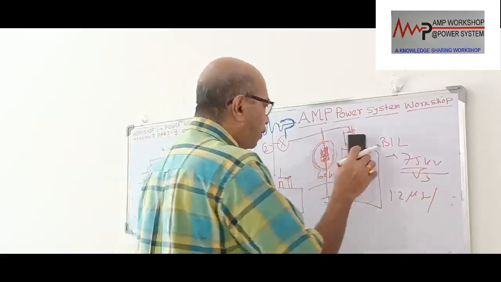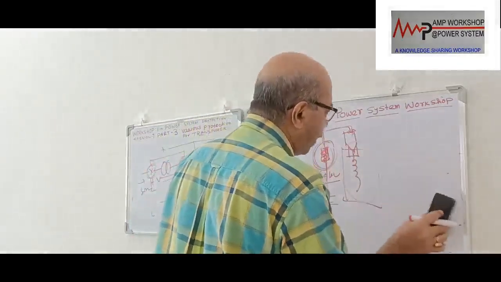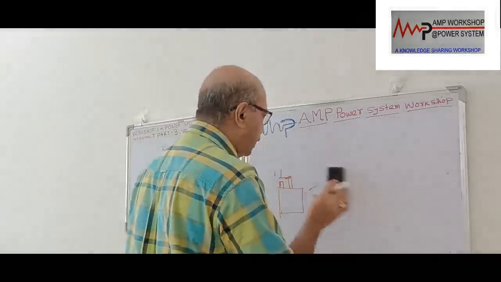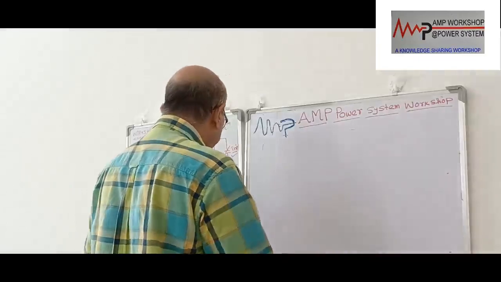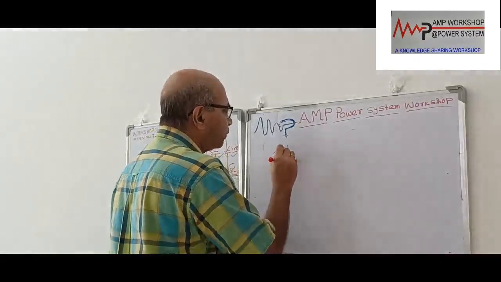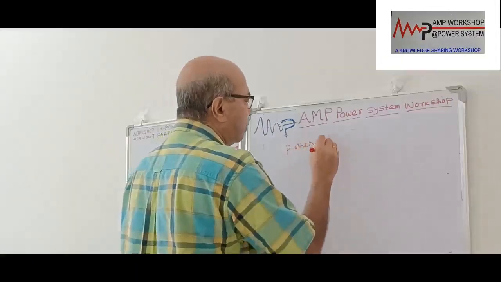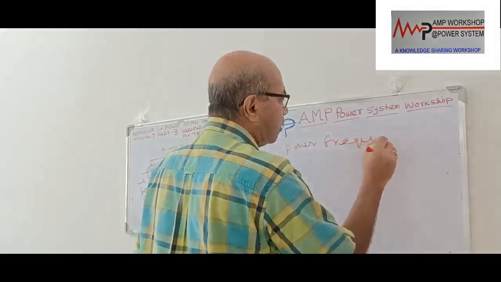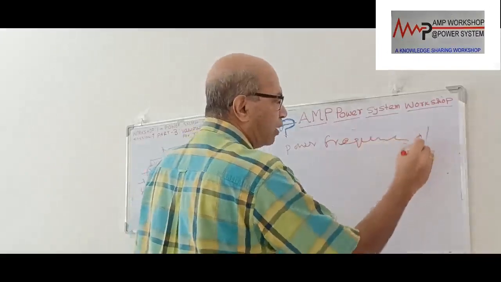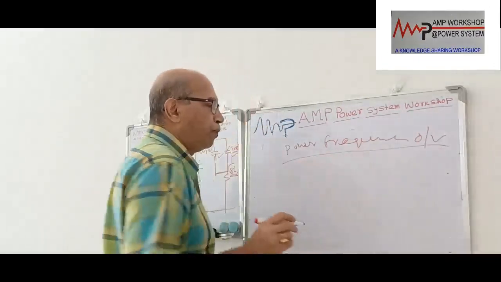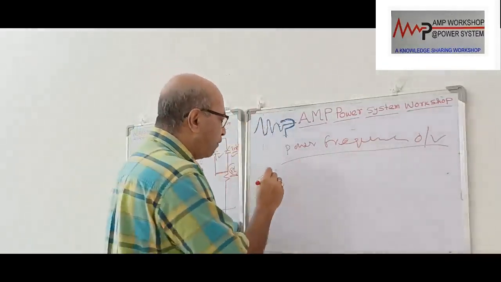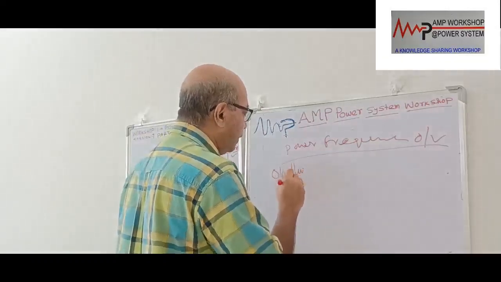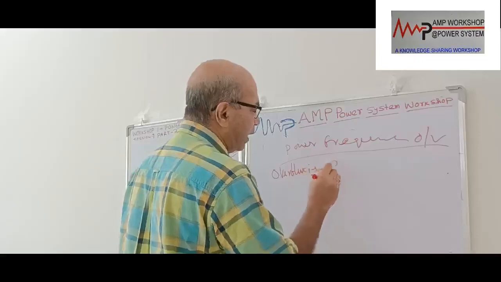And for the power frequency over voltage, we can provide a voltage relay, but normally we do not provide a voltage relay in the case of transformer. For power frequency over voltage protection, how will we do it? We include overfluxing protection. We have already discussed various overfluxing protection. That is called 99.